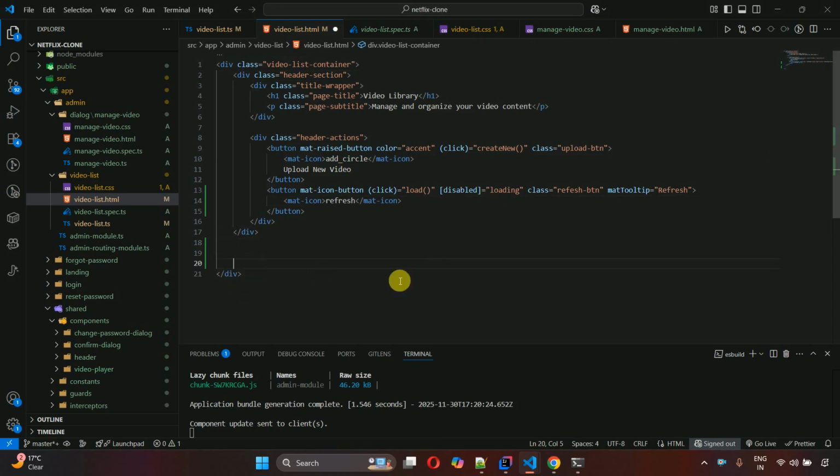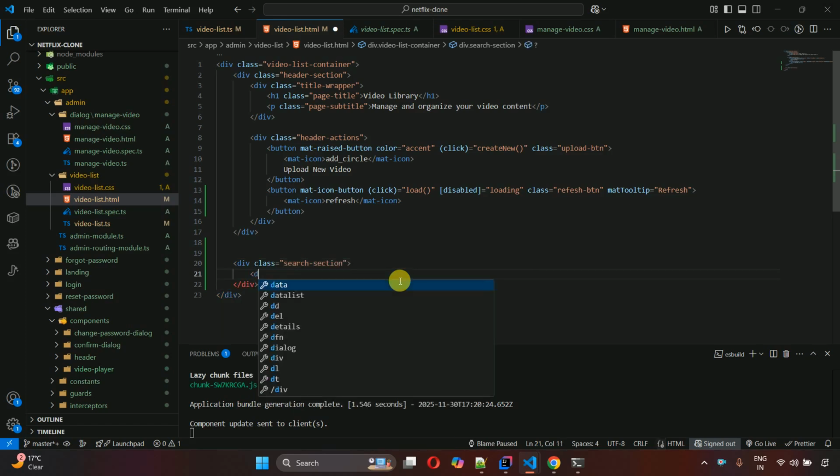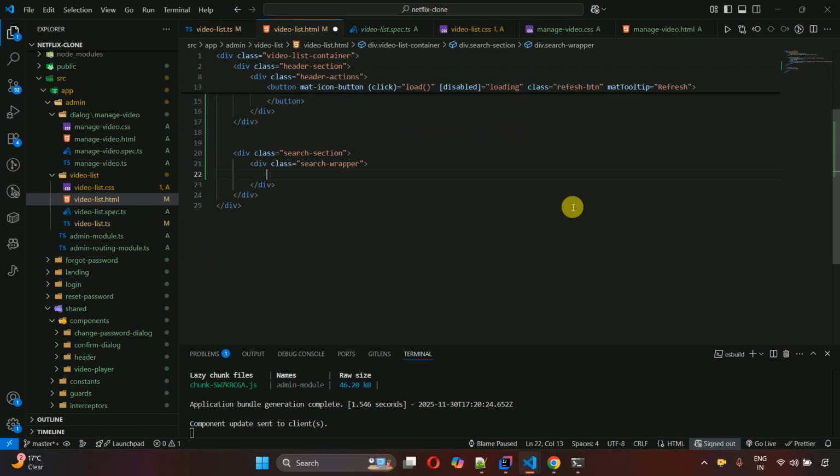So here, div class search-section, and in this div class search-wrapper, this one, and mat-icon, the class mat-icon class search-icon, and this one search,